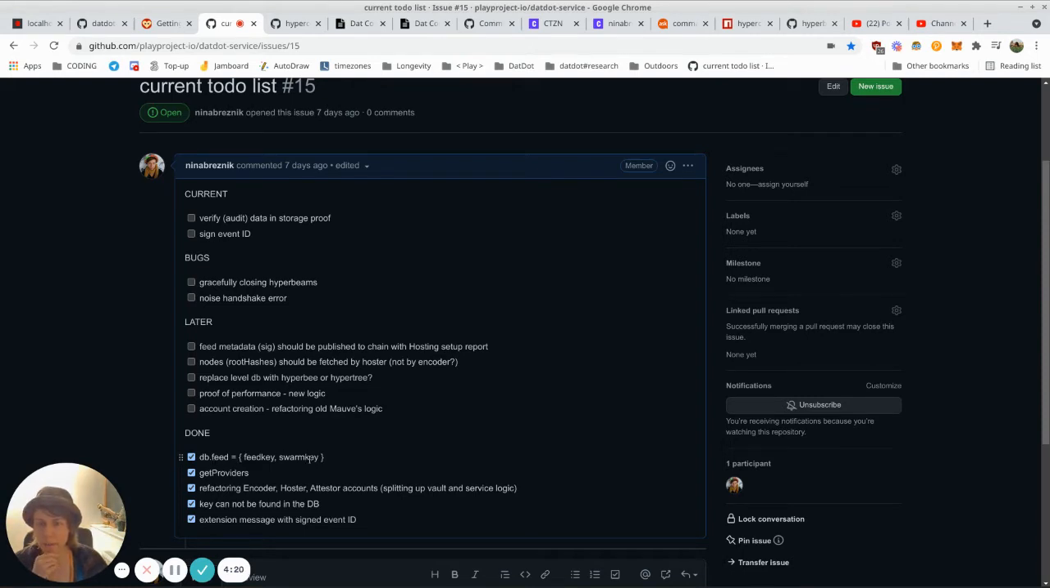Also, storing the swarm key to the database, to the chain. This we weren't sending before, but we need it. So this, and then there was this error, key cannot be found in the database. What I figured out is that